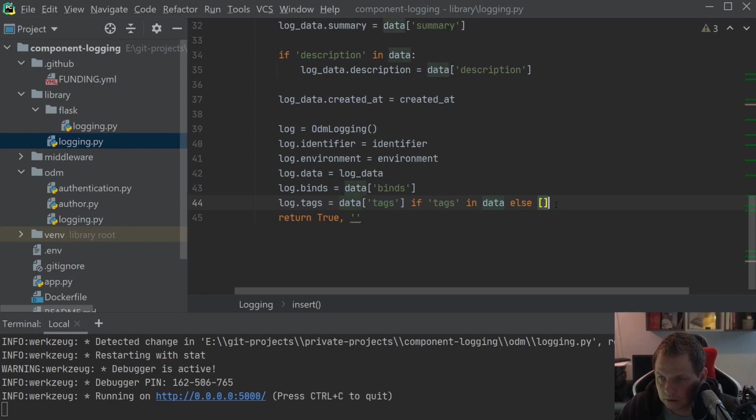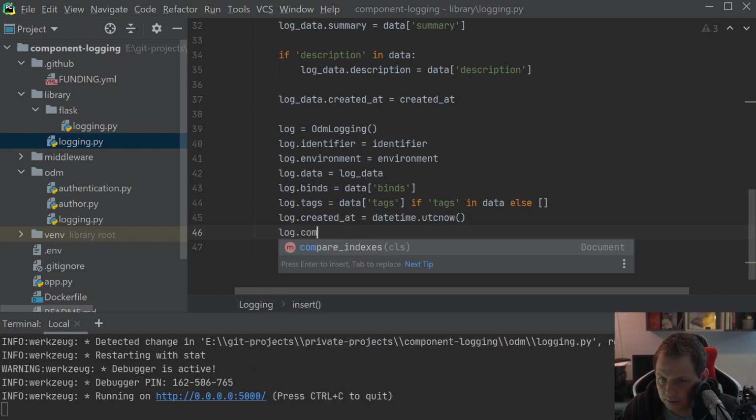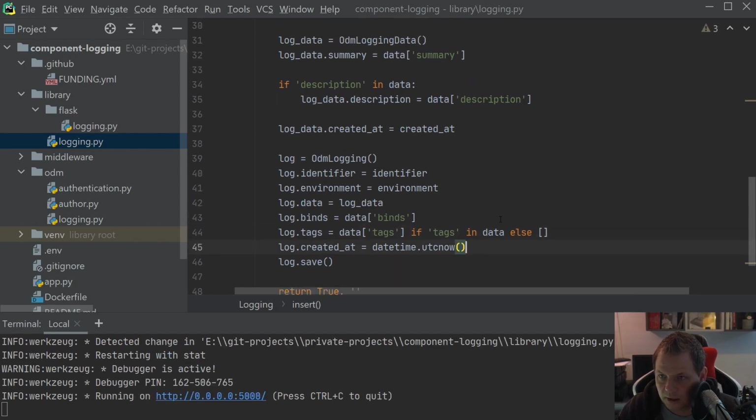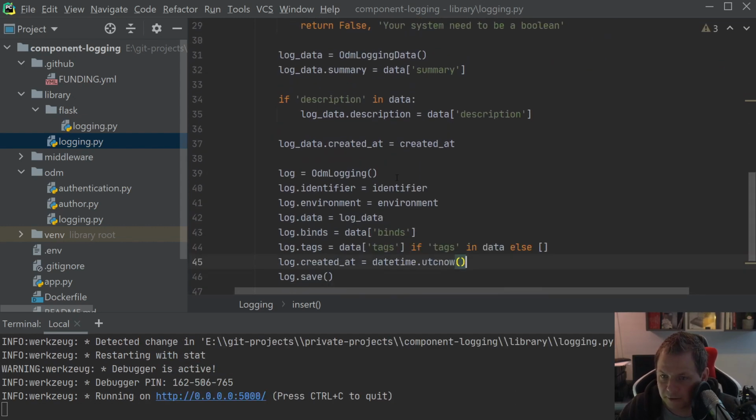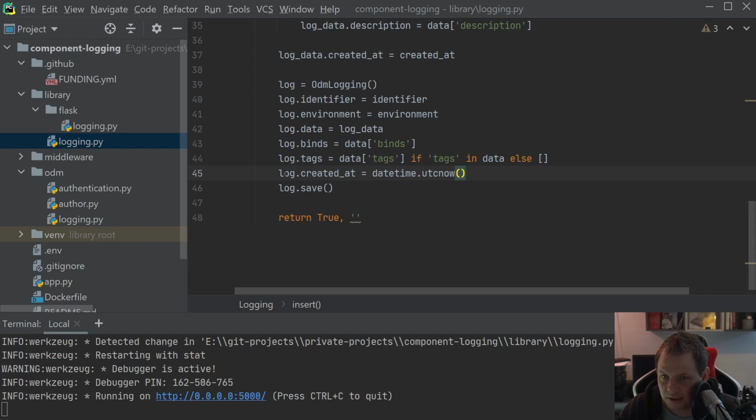We are just, that's fine, and then log created at. This is the time we are hitting the request component, the logging component, sorry, and that's why we can't control this. I'm changing the date for the logging, but I need to see which time it's hitting the log. So that's what we're going to do. And then we say insert log